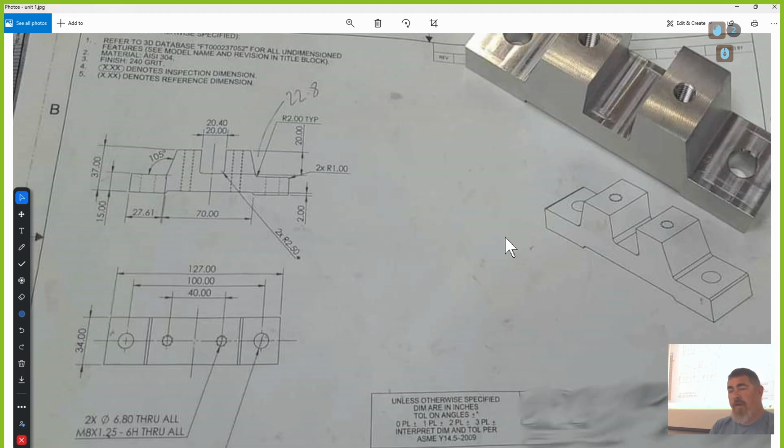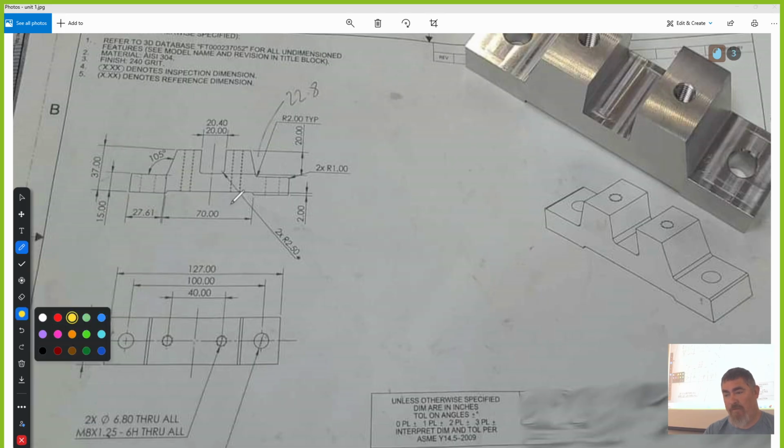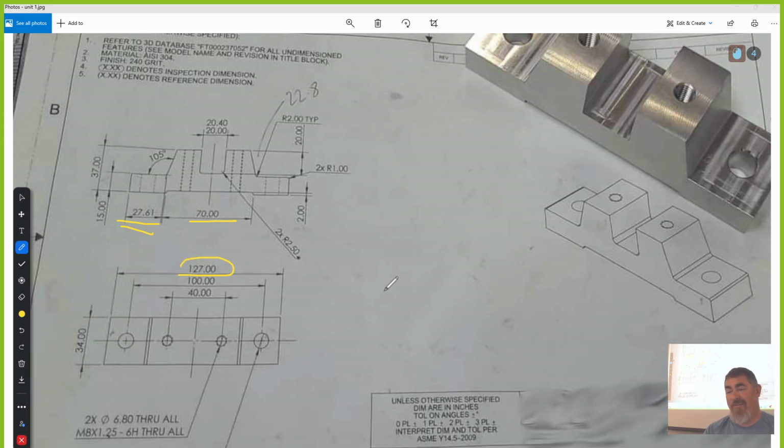So, kind of moving on to some other things that are confusing. What's another thing that's confusing about this? So what's going on right here? So you do 27 plus 70 plus 27. Does that equal that? Nope. Is this the same tension line right here? No. So if we look at that,